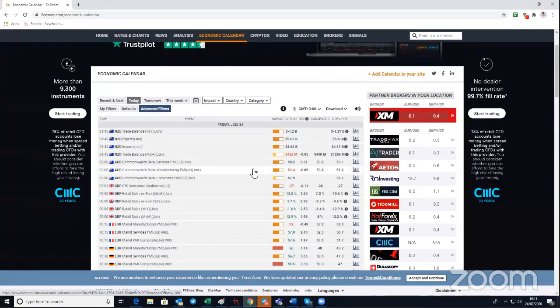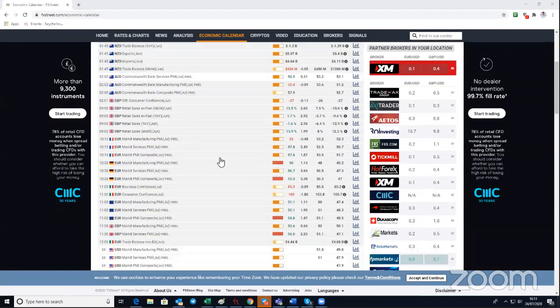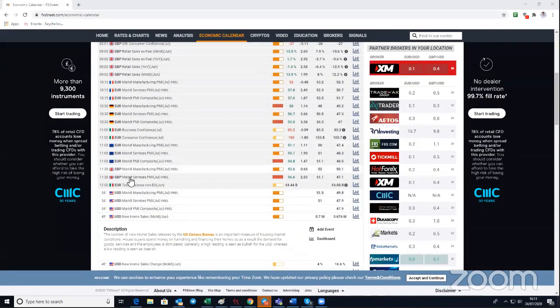You see, on the FX Street one, I like using it because of the filter. But then you've got all your other economic calendars having filters as well. But here you can see that you've got your USD, as I've mentioned earlier on, all on medium impact. That is actually from medium to high, could be categorized as your high impact as well.